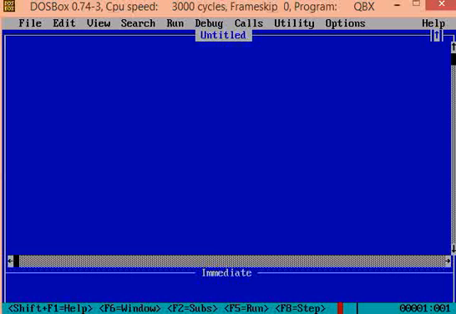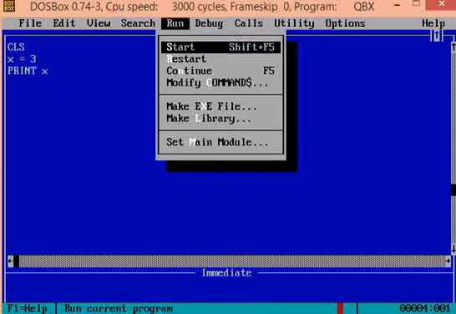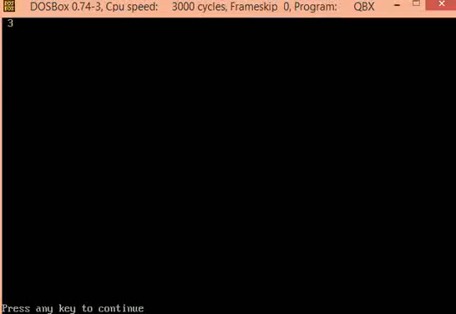First, we will clear the screen by typing CLS. As we do many times in mathematics, let's start with variable x. Let's say x is equal to 3. This means that we are assigning the value of 3 to variable x. Let's print that value. Print x. Let's run the program. You can see that 3 is printed.